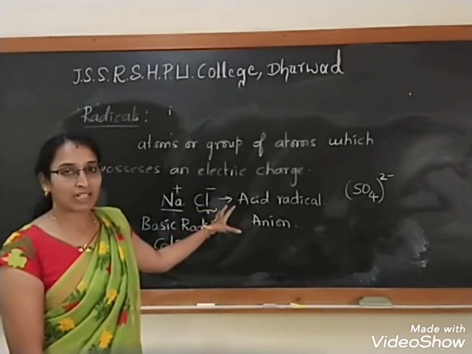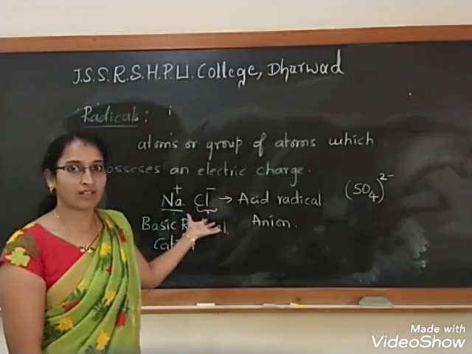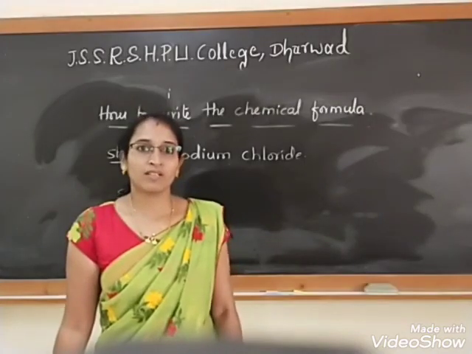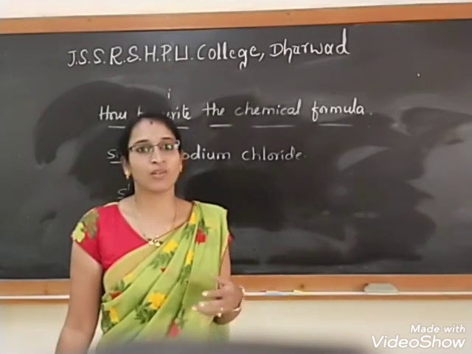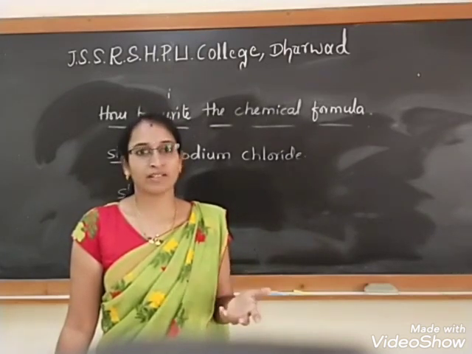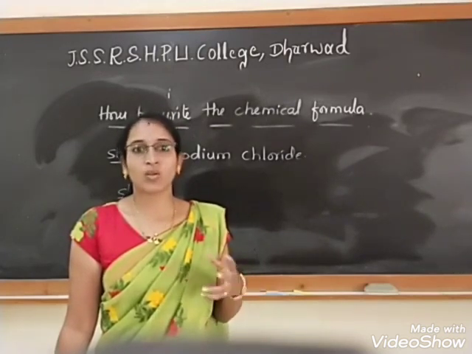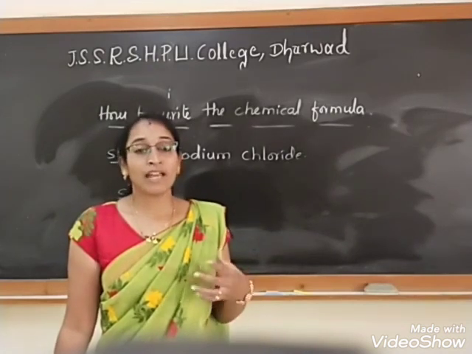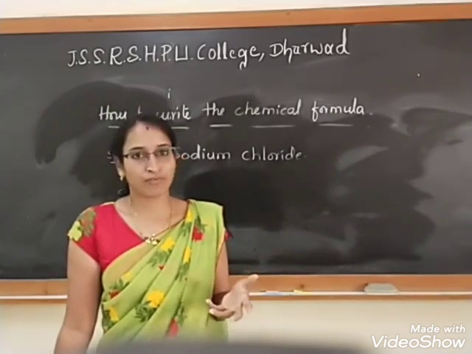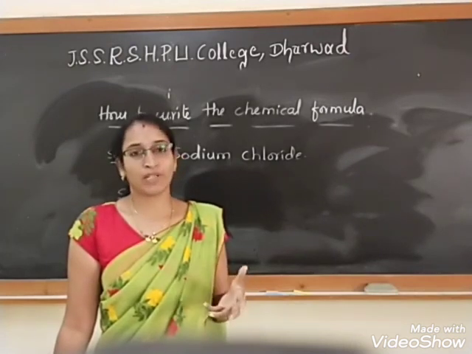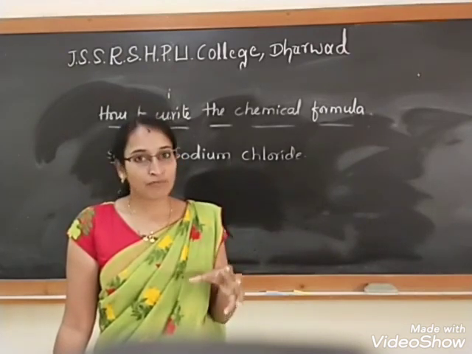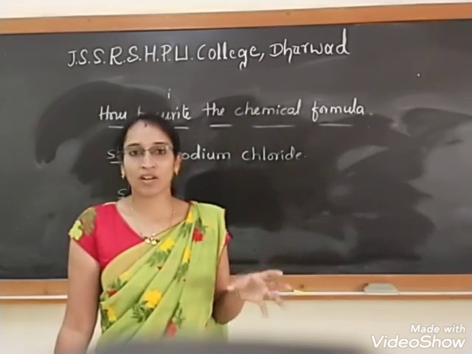If it is having a negative charge, then it is called acid radical. Okay, so we know about radicals now, we know about valency now, and how to write the symbol for an element. So ಇಷ್ಟೆಲ್ಲ ಗೊತ್ತಿದ್ದಾಗ ಫಾರ್ಮುಲಾನ ಹೇಗೆ ಬರಿಬೇಕು, so we don't know how to write a formula, right? So now I am going to explain you how to write a chemical formula for a particular compound, inorganic compound.